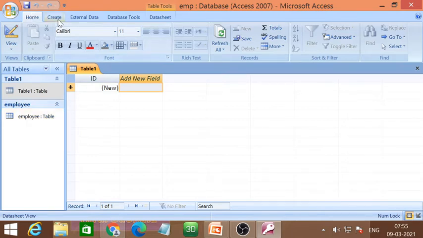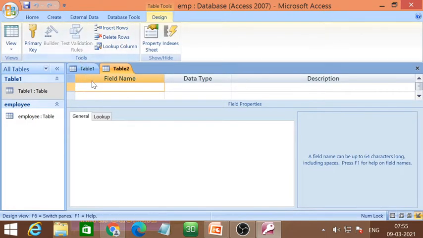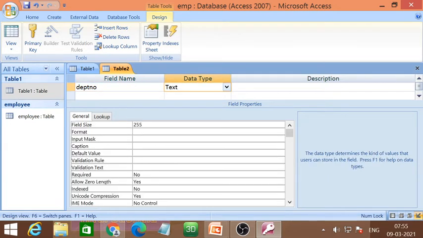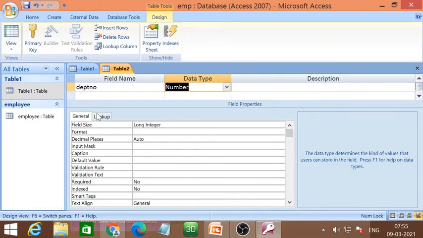Now again we will go to create, table design. Here the first field is the last field of your employee table, that is department number. For the time being I am taking it as a number because the department number is inserted in this particular employee table. So this is number.